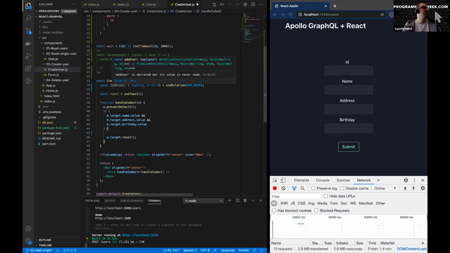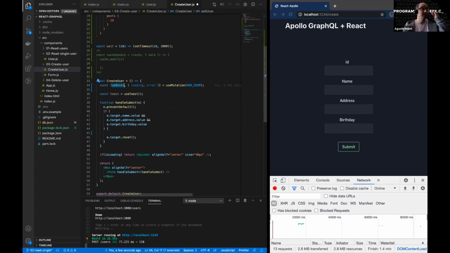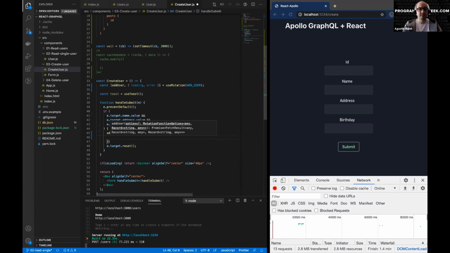So we said that we have the add user function that the use mutation returns, and we had to use it when we want to run that mutation. So when we press submit, we should trigger this function handleSubmit. And this is going to run this function that receives some options, an object with options. The options that we're going to pass are going to be the variables that this needs,